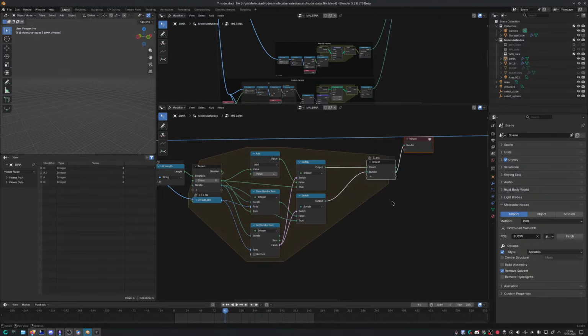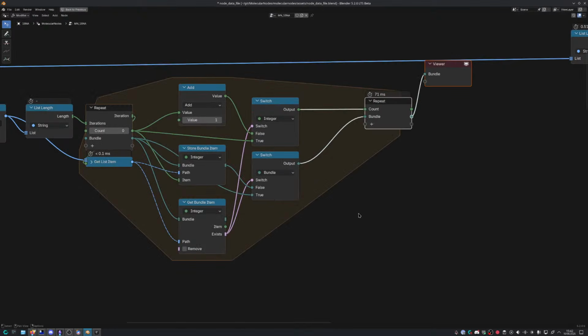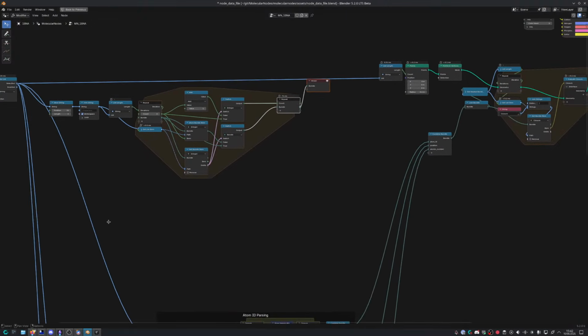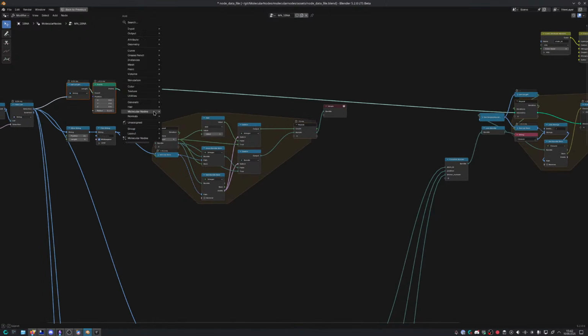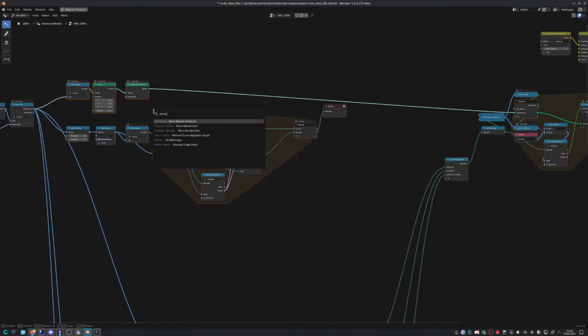The alternative could be, because we are working entirely in geometry nodes, if I store... oh my god, of course,